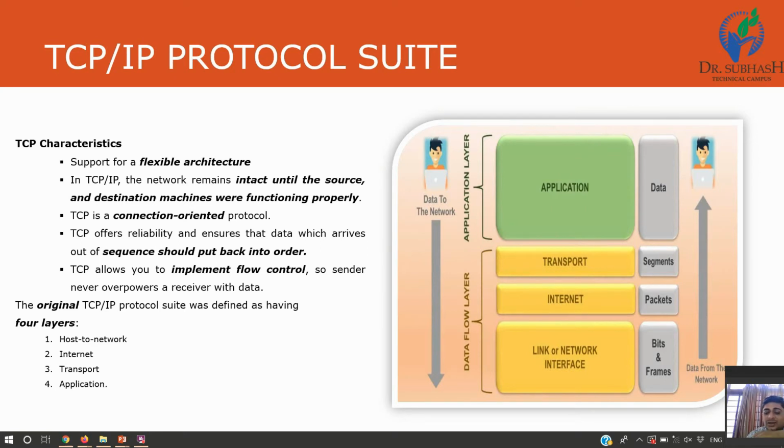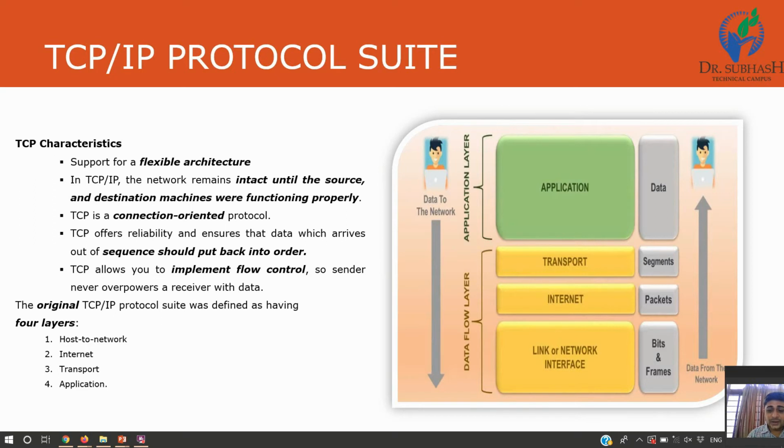So all the communication and all the tasks may be synchronized within 4 layers. The last one, the link or network interface layer, is the base layer.